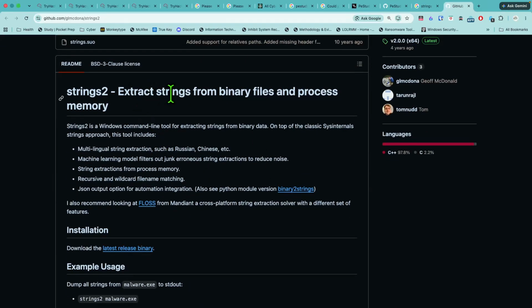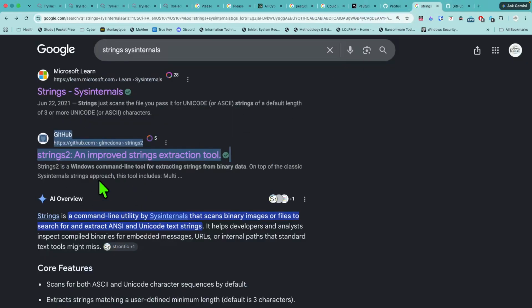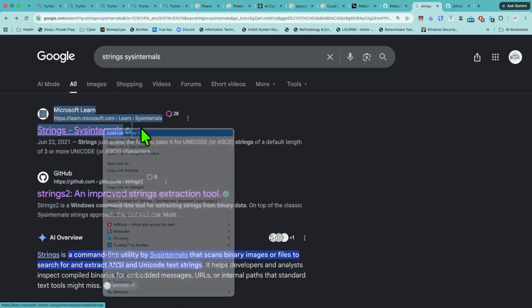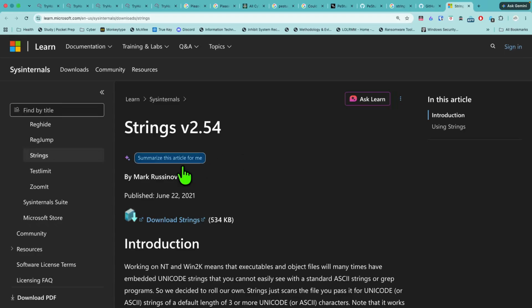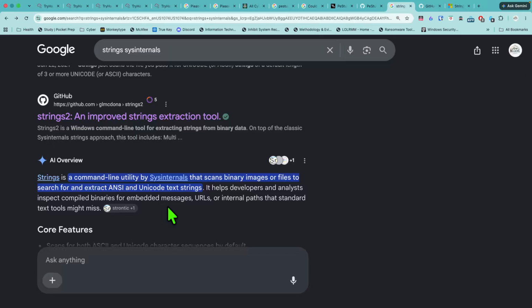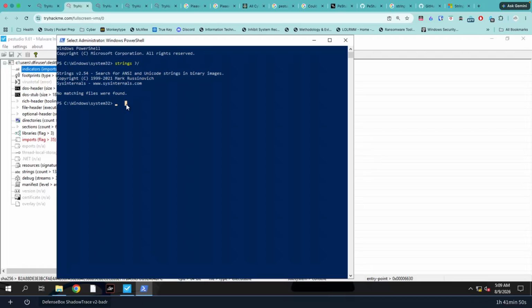What it does is that it extracts strings from binary files in process memory, AI mode, and Strings internals, the website as well. So if I open the link, here it is. So we're going to use strings to help us better understand more information and search for and extract ANSI and Unicode text strings. So the way in which to do that in our case is we're going to go to